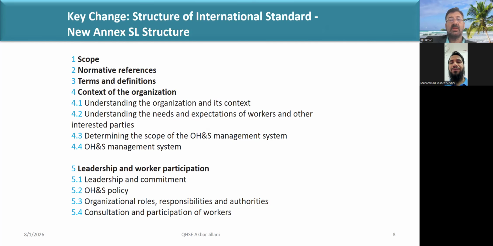If the scope of work is not clearly defined, then it creates problems for our organization. So always try your best that the scope of work is clear. So as HSE or QHSE practitioners, we have to know about the scope of work for any organization we are working with, because sometimes we are working as a contractor for the client, or sometimes we are the client and a contractor works with us.